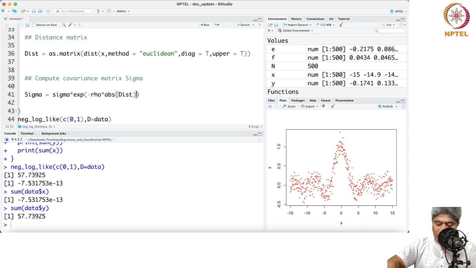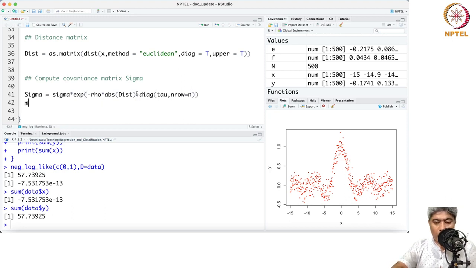I think this is fine. And plus diagonal of tau, where n rho equal to n. Okay,